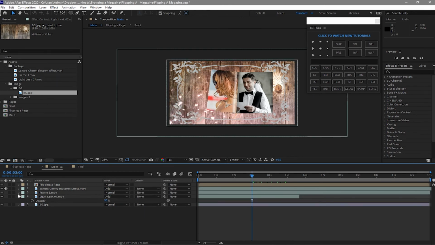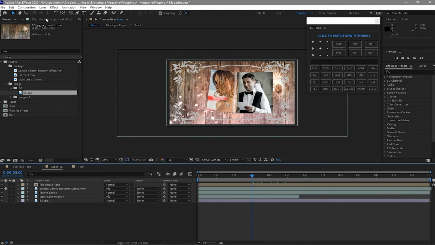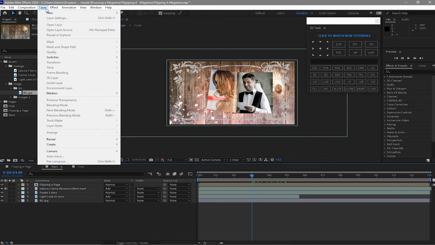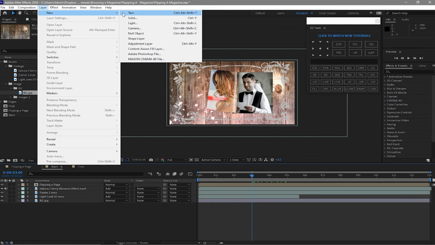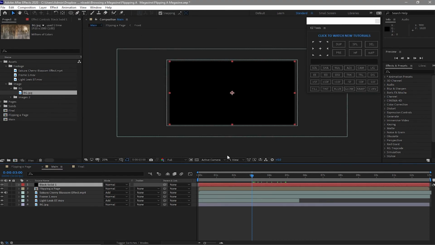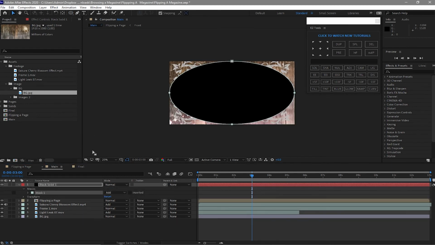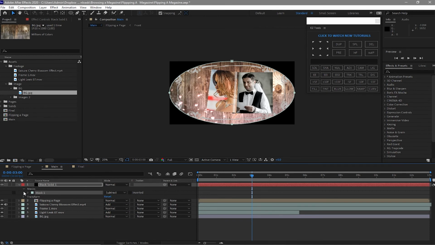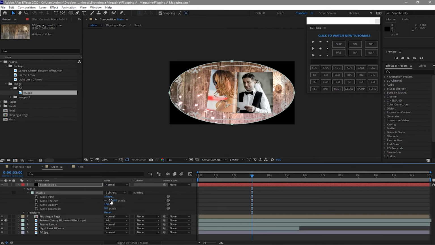So I will close these ones. I will go to layer, create a new solid, and I will double click this one, create a mask, and change this from add to subtract. Open it up and increase the feather.